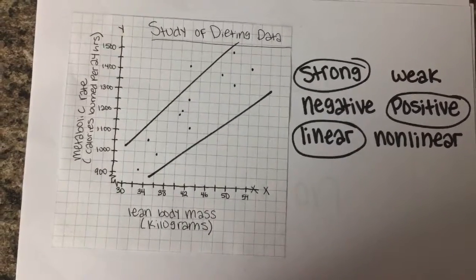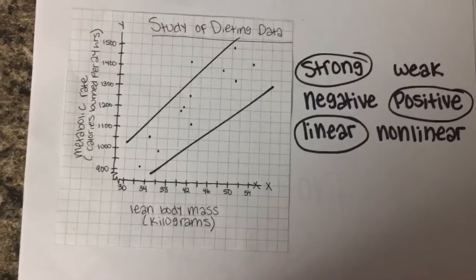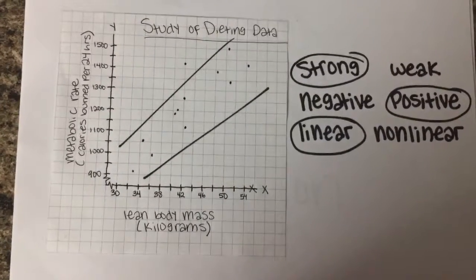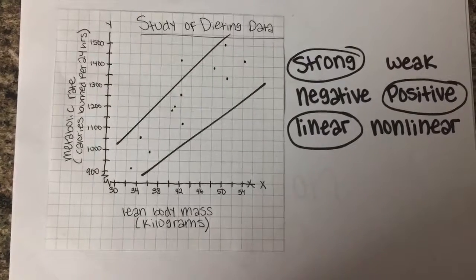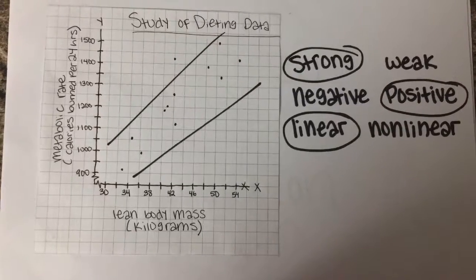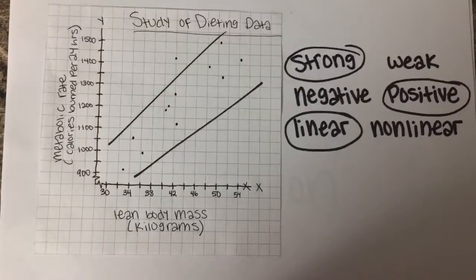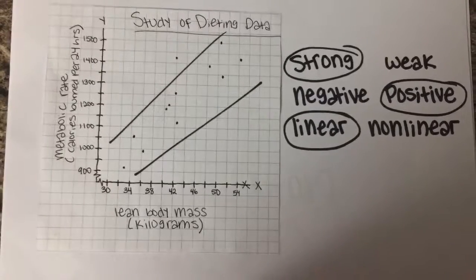If there were more points outside of the lines that I've drawn, then it would have made the graph weaker, but there was only that one point right above 1400 and at 42 that made it maybe a little less strong,